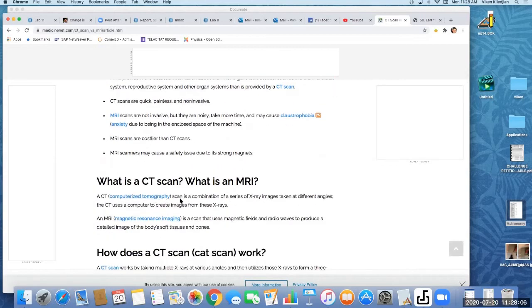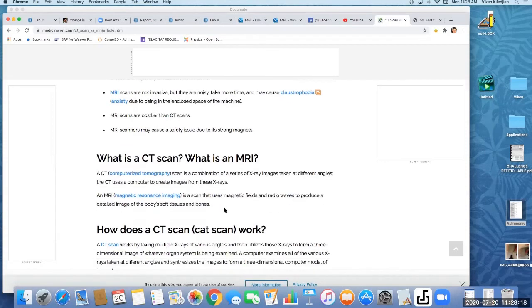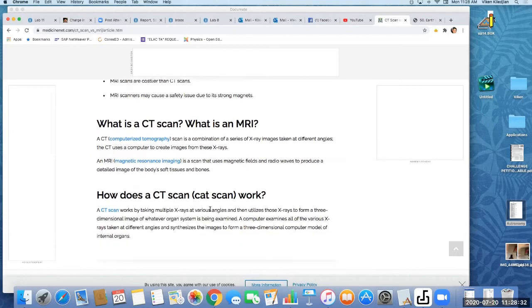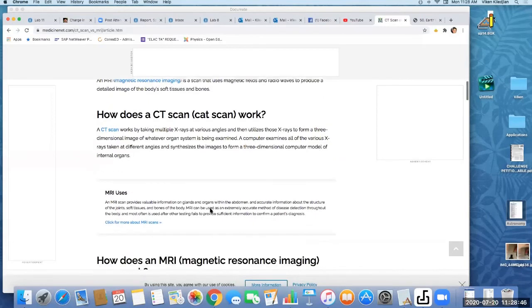CT, computerized tomography, is a combination of a series of X-ray images taken at different angles. The CT uses a computer to create images from these X-rays, so it uses X-rays. MRI is a scan that uses magnetic fields and radio waves to produce a detailed image of the body's soft tissues and bones. Wow, I love those two technologies, just brilliant. Both of them were invented by physicists. CT, computerized tomography. So MRI uses